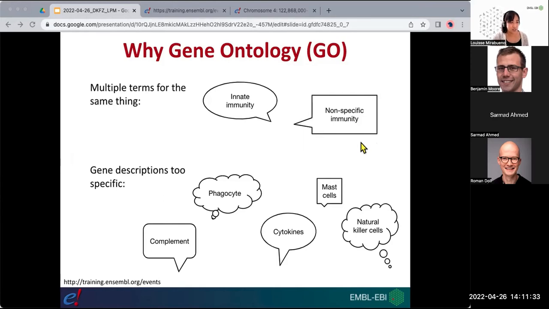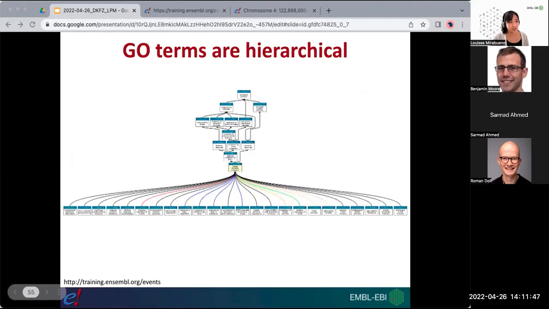So GO terms are also meant to be more easily searchable because they have their own unique accession numbers, name, type, and definition as well. And these GO terms are structured in a hierarchy. So a GO term can have a parent term, which describes the wider function of the feature,